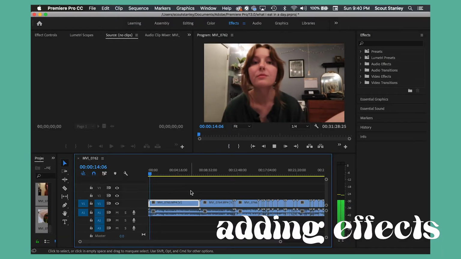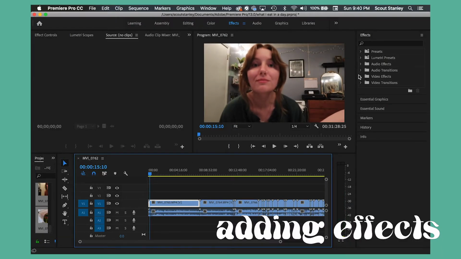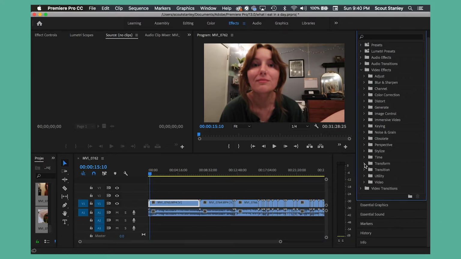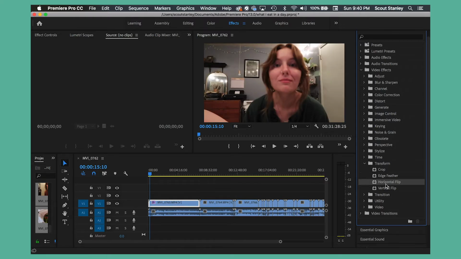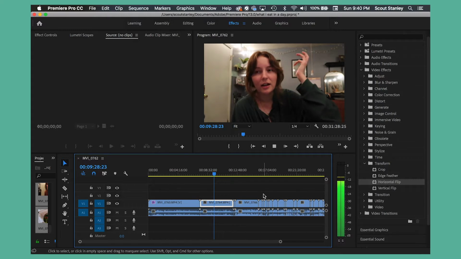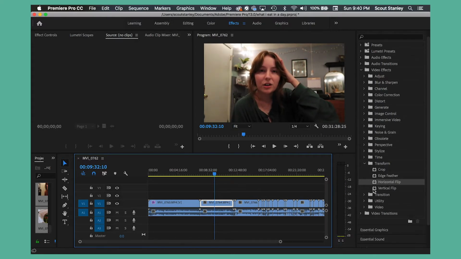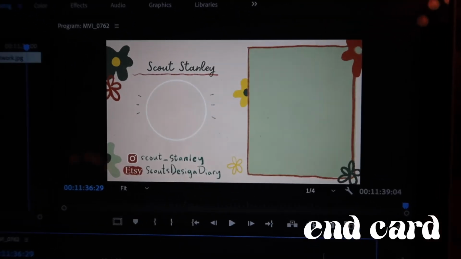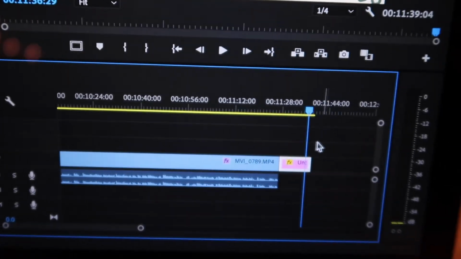Okay, so the very next step that I usually do is I add the simple effects that I want to add, which again, the effects panel is just up at the top right. I do a lot of horizontal flipping because I like my face to be not inverted. That's just my personal opinion. You probably don't know the difference, but I personally like to flip the clips because I think I look more normal. Usually I just go ahead and add the end card at the very end that I made on my iPad in Procreate,